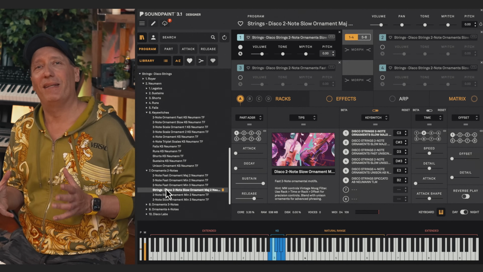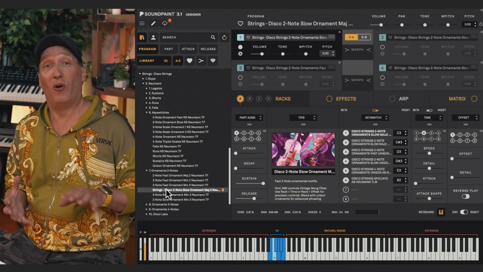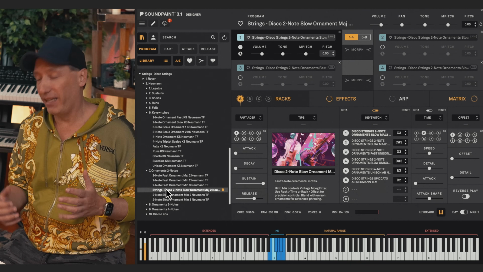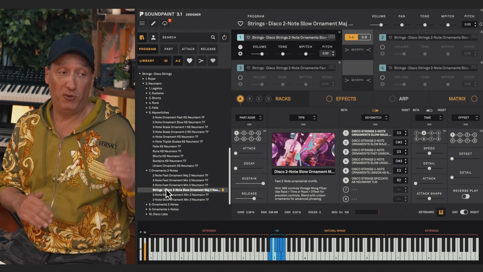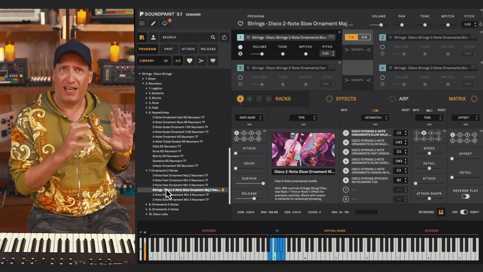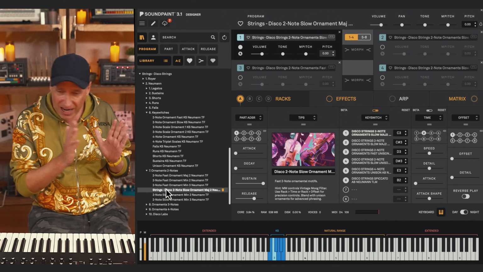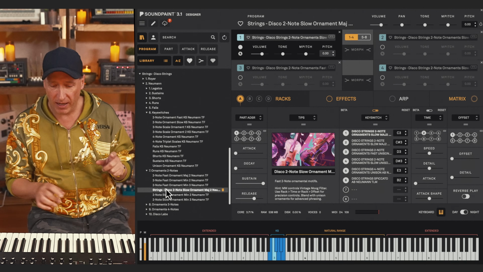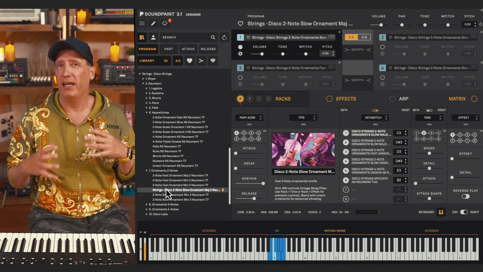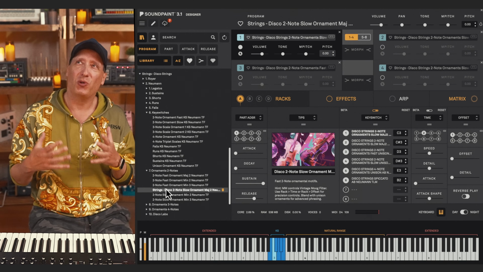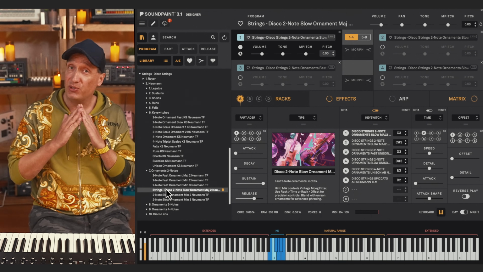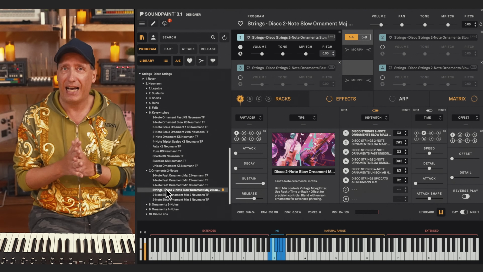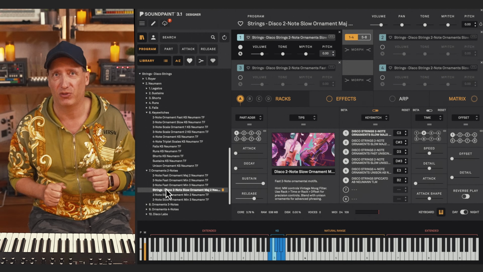Let's begin our ornamental journey together with our 2-note ornaments. Right now, we're going to hear what essentially is Chic, Le Freak, da-da kind of style, but you'll see that I took that particular phrase because I love it so much, and then I sampled it in every single permutation, both in half steps, whole steps, and up to the minor third, in terms of covering all the individual intervals. This is really sort of the highlight of disco writing when it comes to accents. You can't do this with traditional multisamples. There's inherently legato happening even between two fast notes.